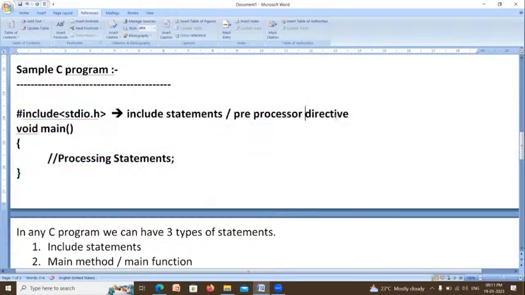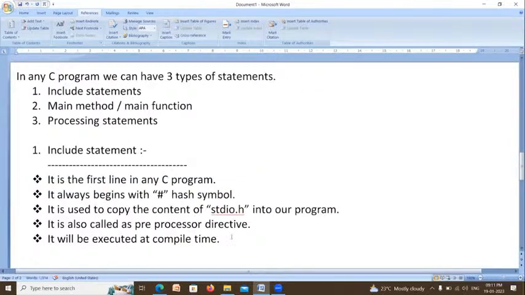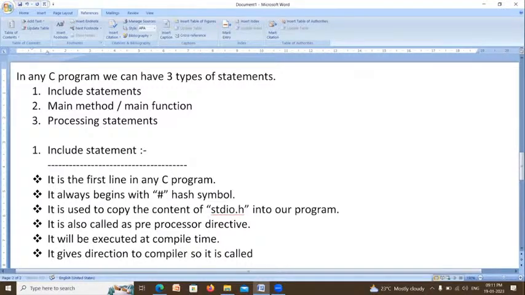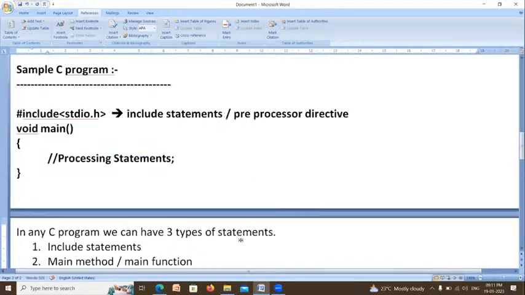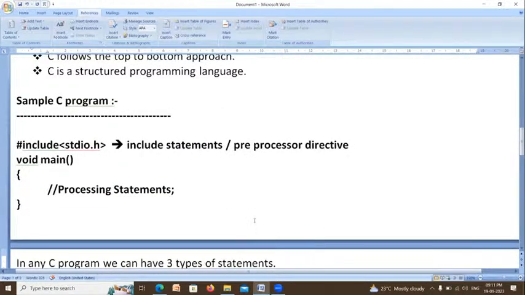So it gives direction to the compiler, so it is called a directive. Right. It is about the include statement.